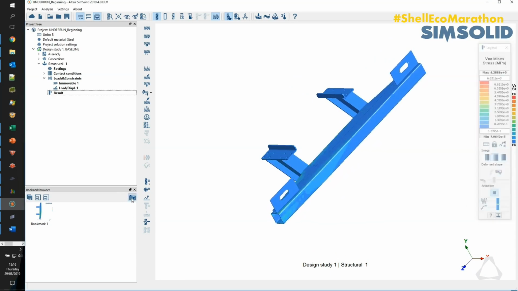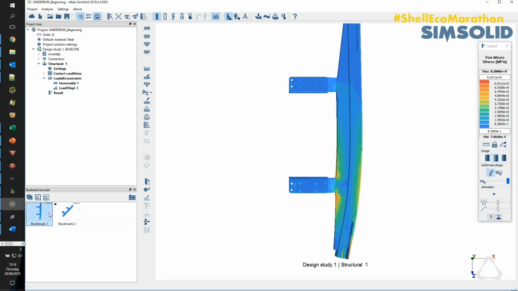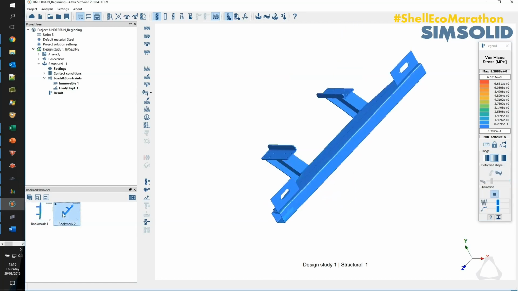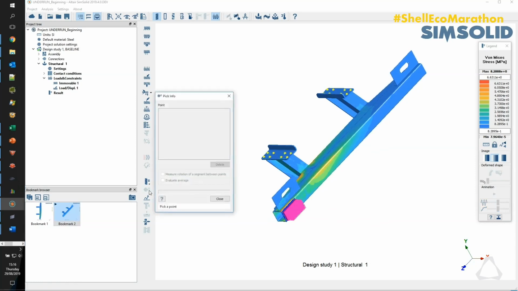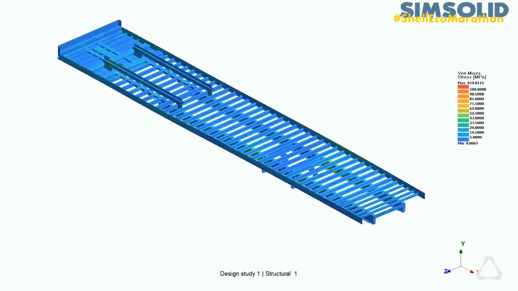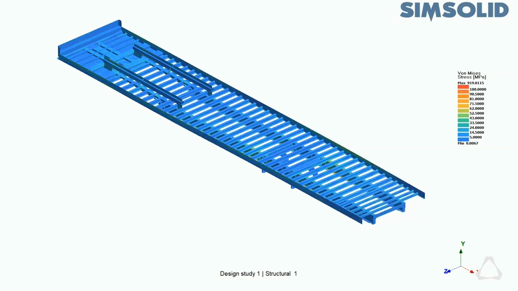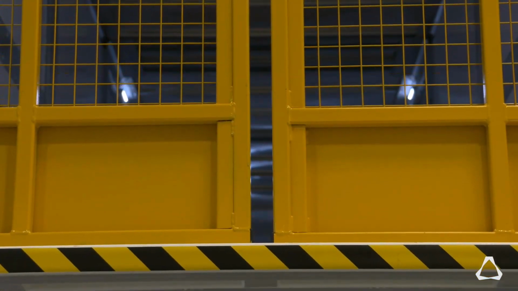SimSolid has been able to release resources that we would have otherwise spent on different projects. So what we're able to do is reallocate those resources so that it's more effectively used on other projects. But what it really means is the fact that we can expand on that investigation for a particular sub-assembly, for instance. So if we look at a lifting deck, for example, it's not restricted to running maybe 1 or 2 different scenarios. We can run multiple scenarios on multiple different products to try and find the best possible solution for